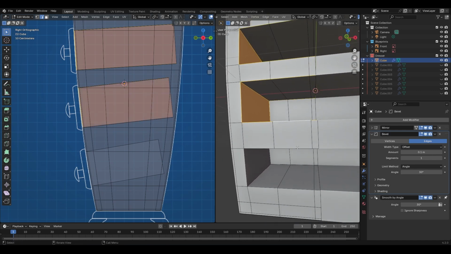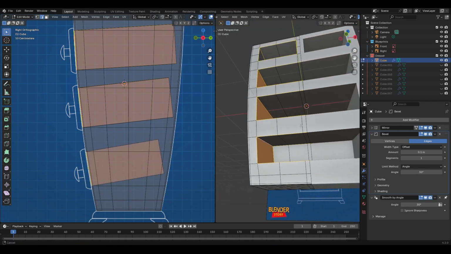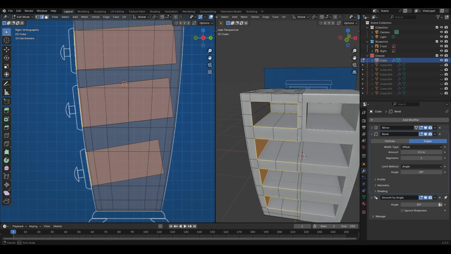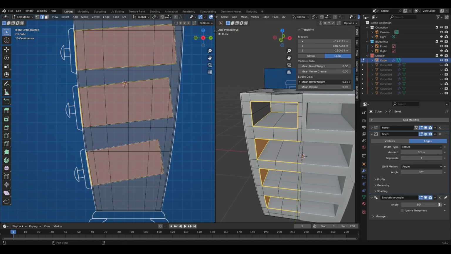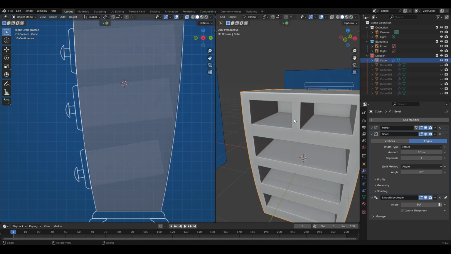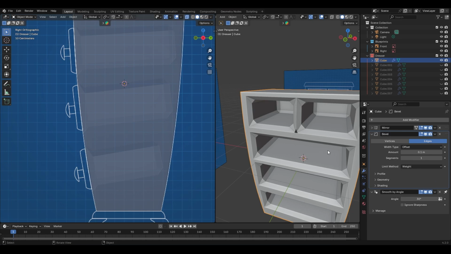Okay. And that's done. So I've selected all the edges of this section. Now I'm gonna press N and change the mean bevel weight for these edges to 1. Okay, I press N again to close the side panel. Then I come here and change the limit method to weight, and you can immediately see the effect of the